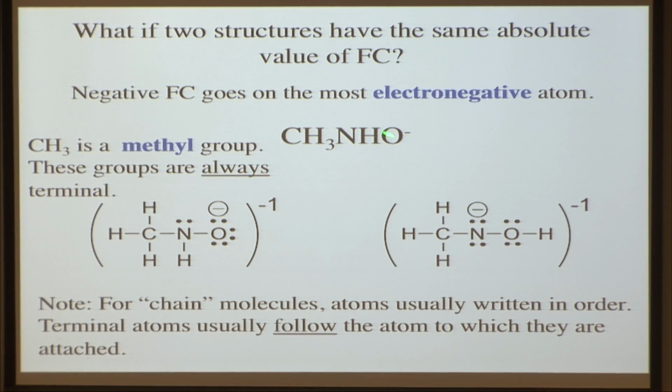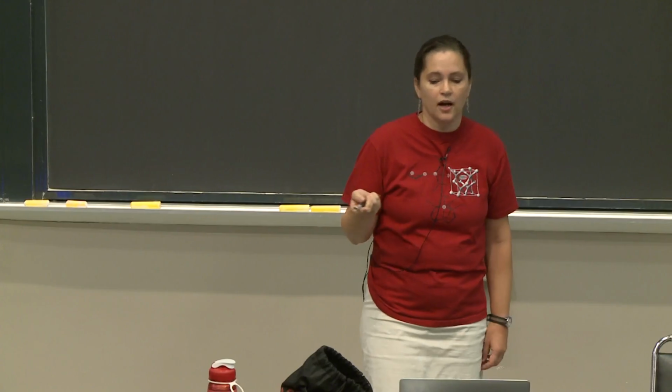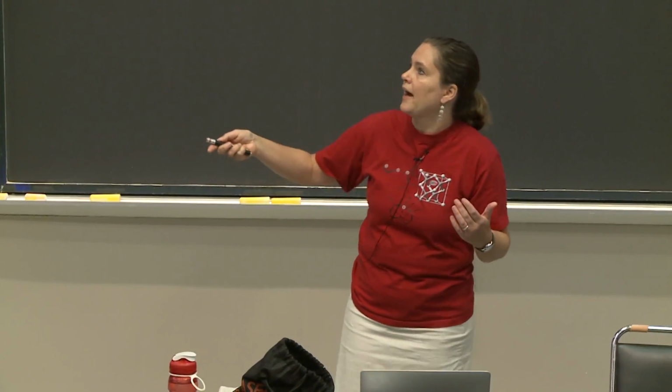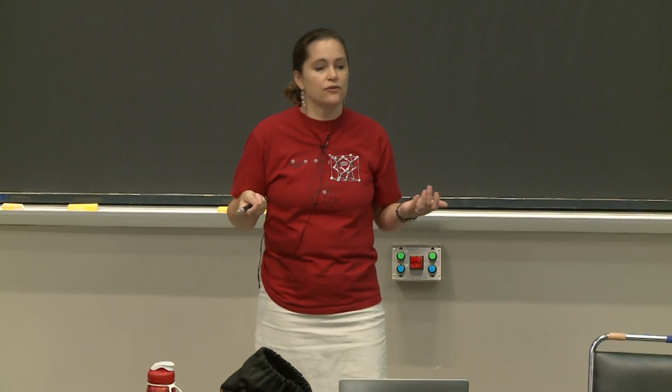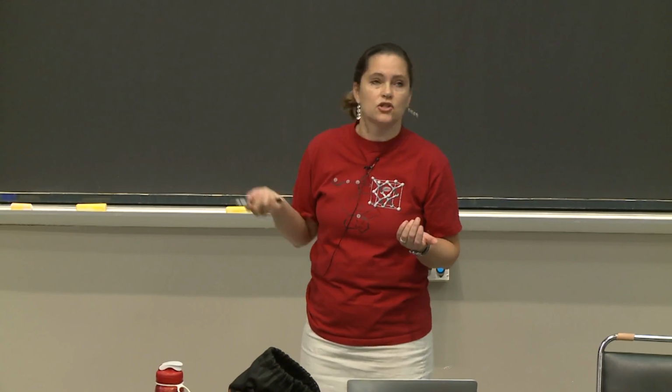And then we have an oxygen. Again, the oxygen is going to have a bond with the nitrogen. You're not going to have a bond with hydrogen in the middle. Hydrogen's always terminal. So the only real choice we have here is we can put the hydrogen on nitrogen, or we can put the hydrogen on the oxygen here. And so we can use this rule about electronegativity and formal charges to figure out which of these structures is